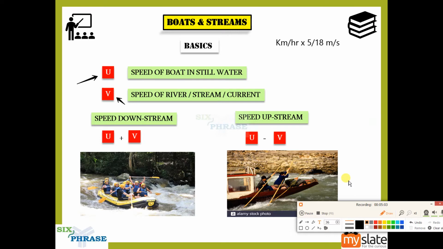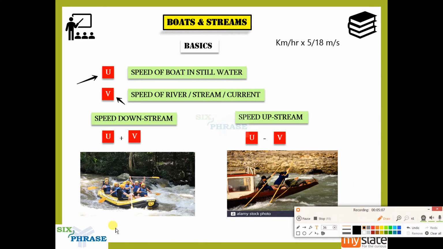Look at the picture. These people are rowing the boat. The force here is generated mechanically by rowing. You can also have motor boats, right? So the force could be generated by the motor. But any which way, the boat will have a speed, and that is determined by the strength of the people rowing the boat, right?